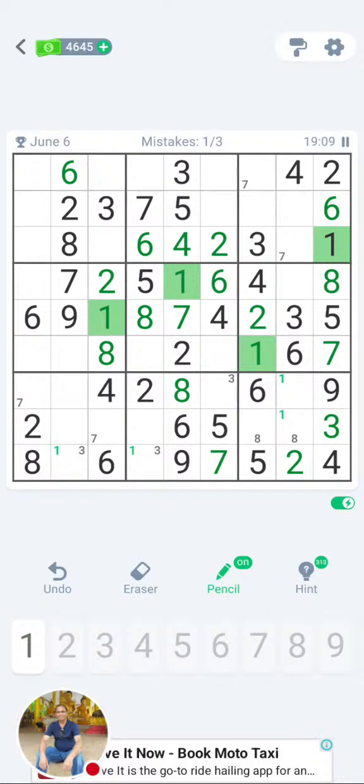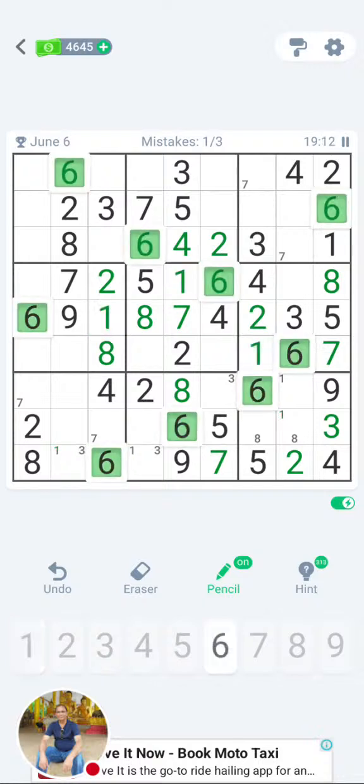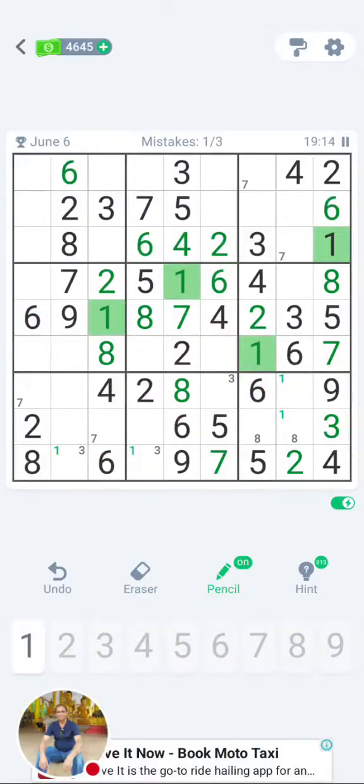So that's 1. In this top row, 1 and 1. That means 1 will come only here or here. So on the left hand side there is 1, on the right hand side there is 1. So 1 will come in the middle. But there are too many. 1 can come anywhere in this middle. So 1.